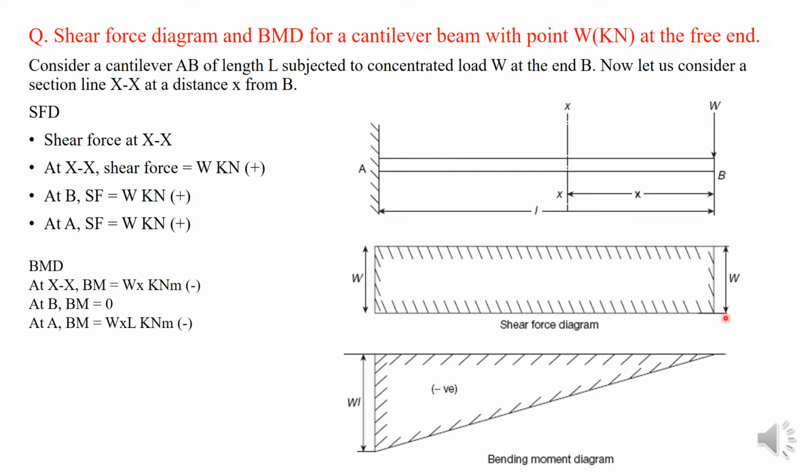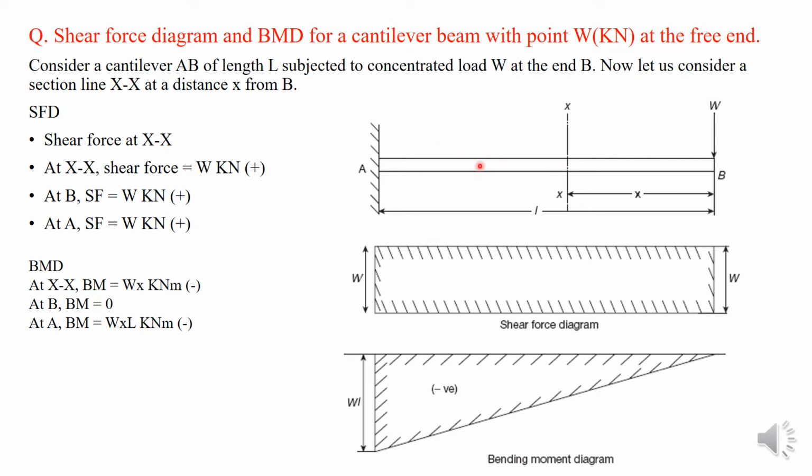So draw the baseline of the SFD first and mark the ordinate of shear force at the end B. Before that, we have to get the value of shear force at B. For that, bring the section line XX to the point B and look into the point B. There you can see the load W. After drawing the baseline and marking the ordinate at B as W, bring the section line XX to the center of the beam and look into the right hand side, then to the 3/4 of the beam and look into the right hand side, and then bring it up to the point A and look into the right hand side.